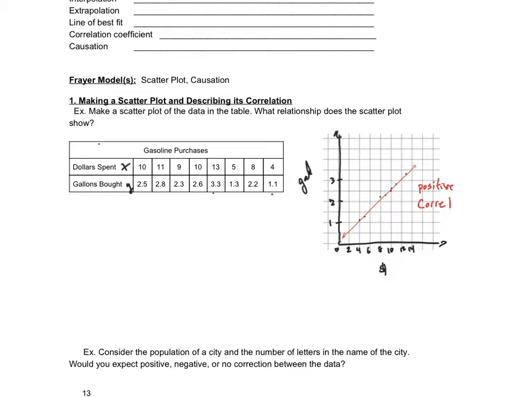If you look back and you sort of squint and you look at how the data's moving, it sort of looks like it's moving in a positive direction as I look at the information from the bottom left to